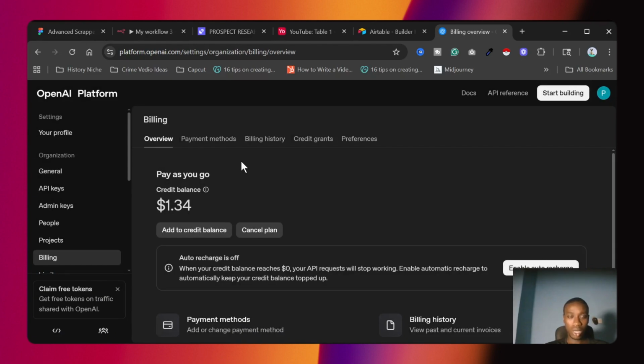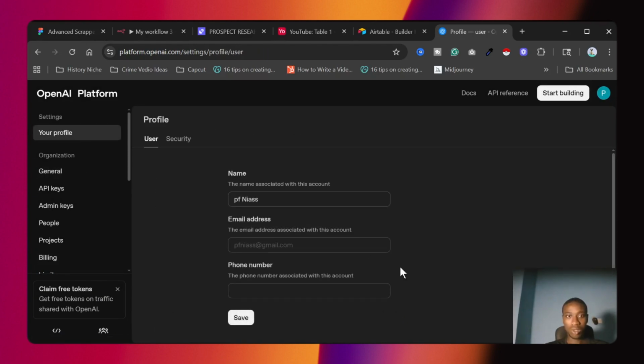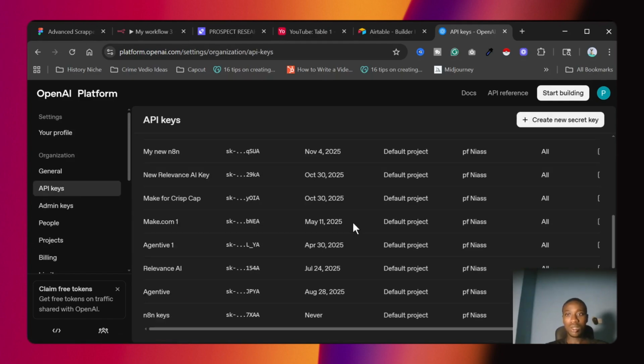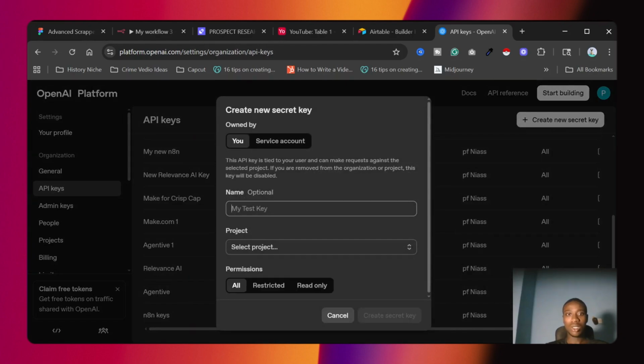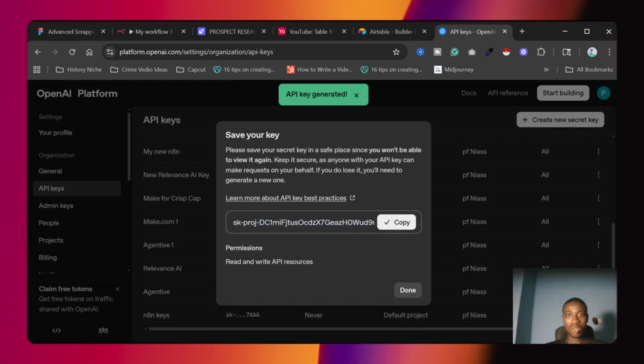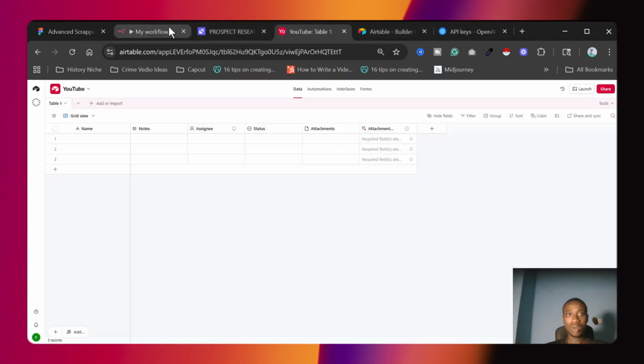So after funding your account, then you come to APIs. So you go to profile, API keys. Then from here you create a new secret key. Let me just do that directly. Create a new secret key. YouTube to do warehouse. So select the projects, the first projects, and create secret key. I just click on copy, then I'll come back here, go back to anything,